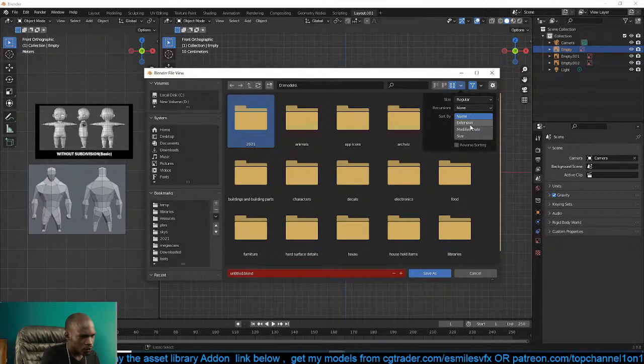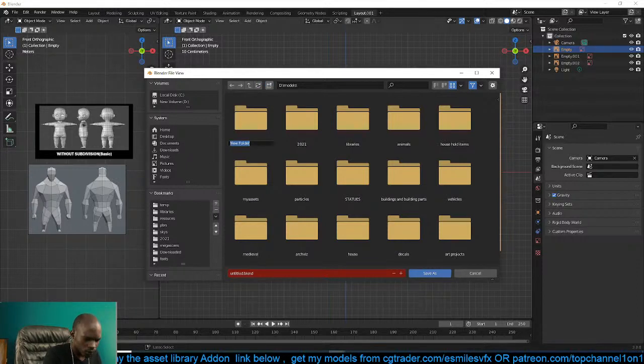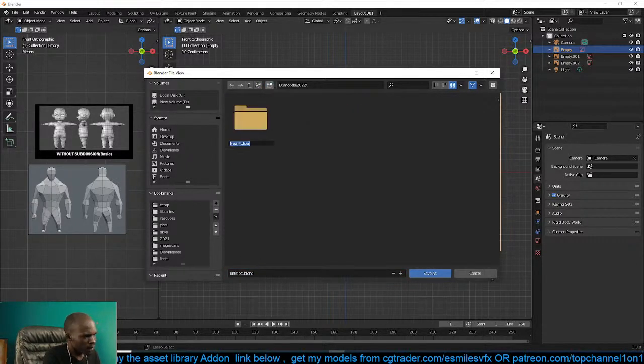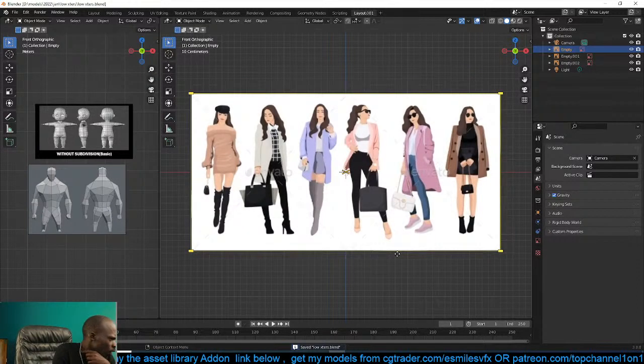2022. 2022 Jan, all these low poly characters, extras like that. Okay, I would appreciate if you